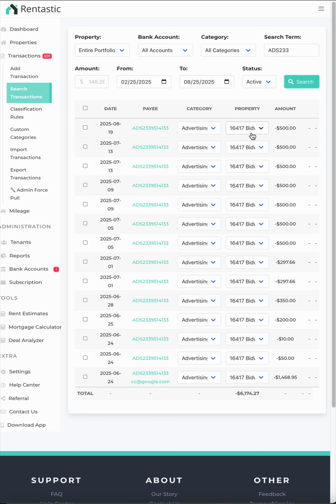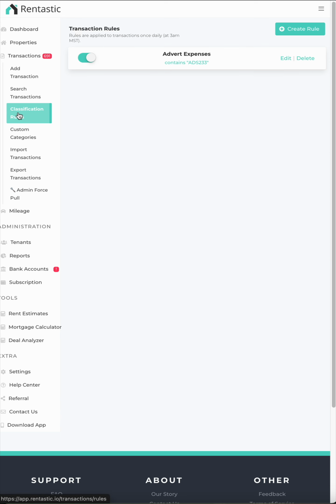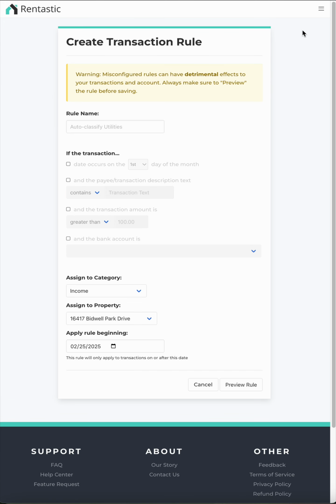So you see they're categorized as advertising, and every time a new transaction comes in, you don't need to do anything to do this. So you can always go back to the classification rules. Maybe you want to change it, or maybe you don't really have any such expenses. You can add those. You can add as many rules as you want,